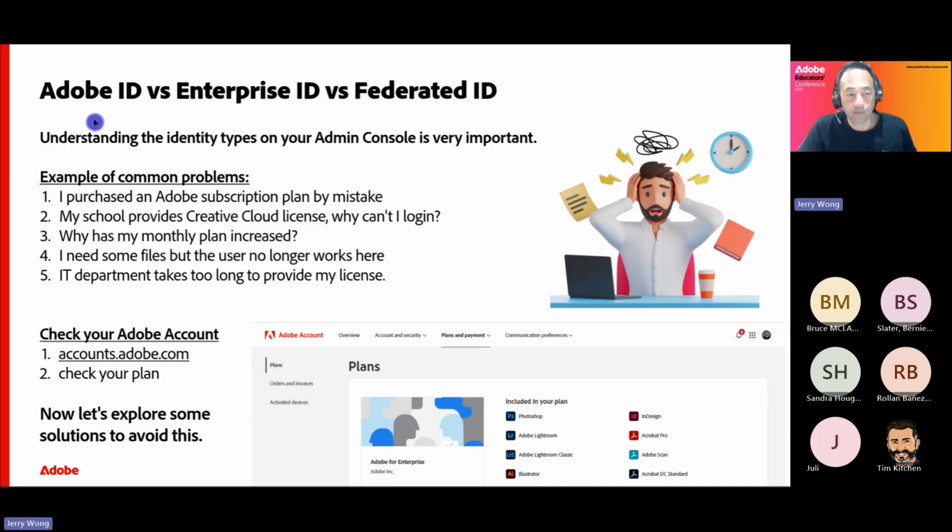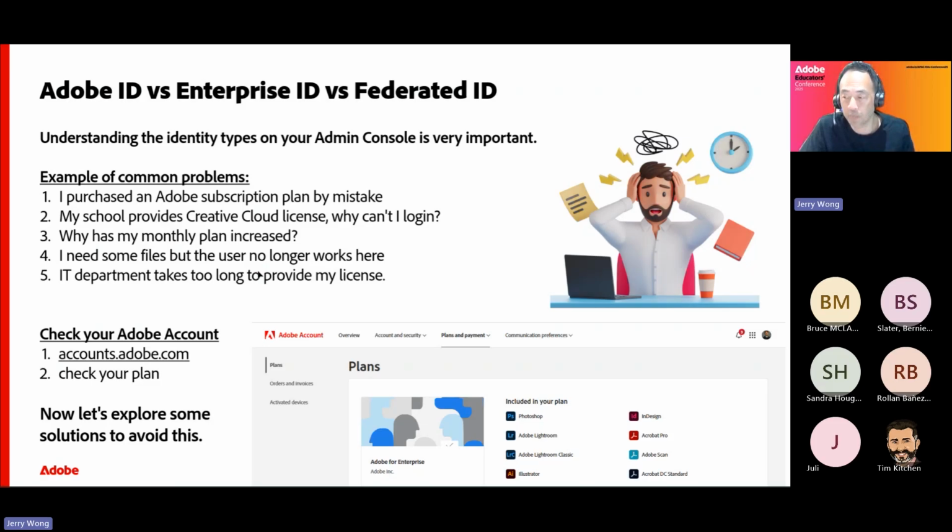There's often the case that a lot of people still have old accounts, a personal account that they've created previously, that's still using the school email or university email, etc. And you get some of these common problems that often get asked. Look, I've purchased my subscription. I don't have access to the actual tools that I did purchase, or I've purchased something by accident. And where are all my files, etc.? These are very common questions that we do find floats around.